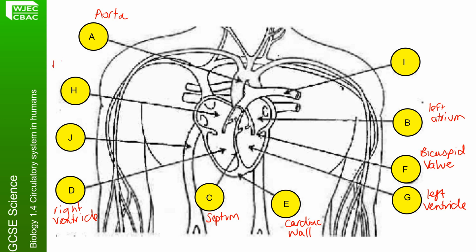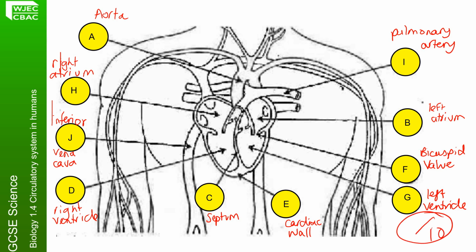H is our right atrium. I is our pulmonary artery. And J is the vena cava. And if you've got that it's the inferior vena cava, then that's even better. So you've got 1, 2, 3, 4, 5, 6, 7, 8, 9, 10. Can you give yourself a score out of 10 if you manage to label that up without having to look back at previous